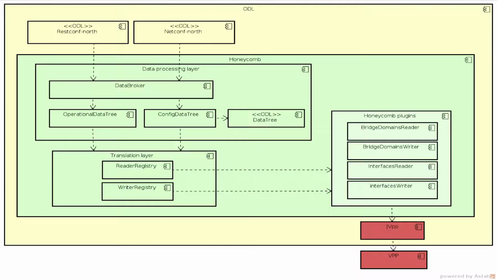And Maros, correct me if I'm wrong, but the project has an ambition to isolate the VPP specifics. Do you have any specific use cases that you're already looking at to utilize Honeycomb code for managing other devices? Right. Okay, so we don't have any specific use cases except VPP that we would like to utilize Honeycomb for. However, while we were developing this, we realized that all of the code is pretty much generic. So we started developing it in that fashion so that in the future, when anything appears, we can reuse